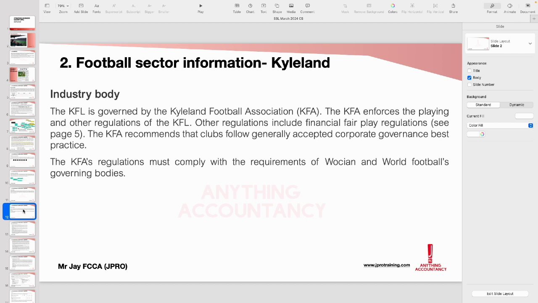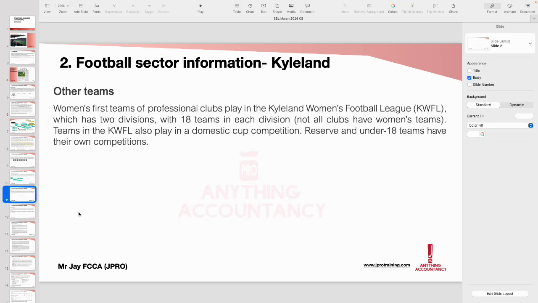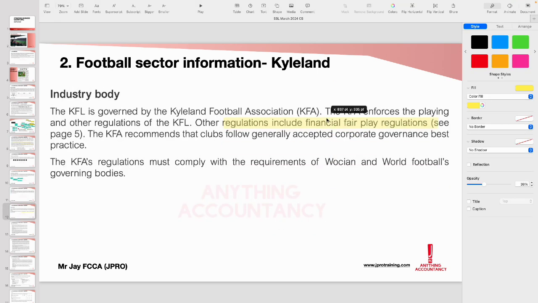Now, the industry body. Here you've got KFL, which is governed by the KLand Football Association, KFA. The KFA enforces the playing and other regulations of the KFL. Other regulation includes a term here that you should be aware of. The term refers to the financial fair play. This is a very important word. See page 5. The KFA recommends that clubs follow generally accepted